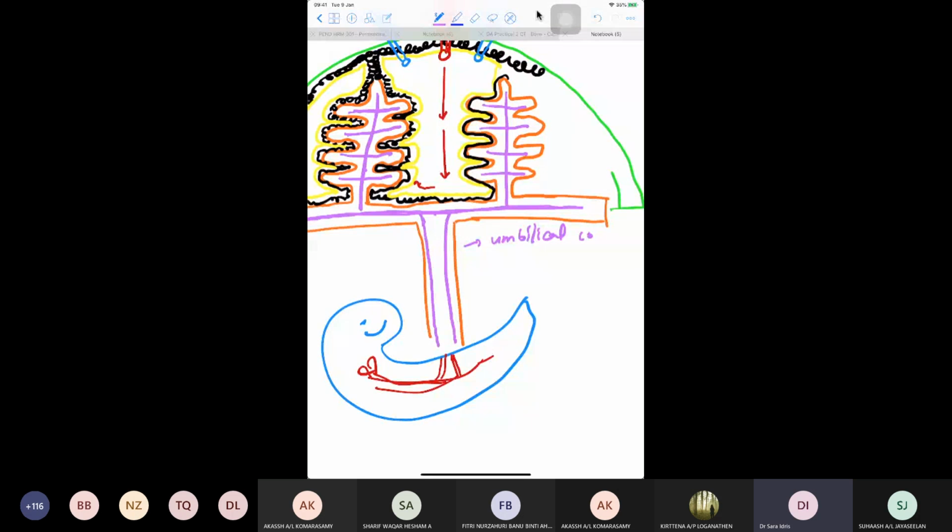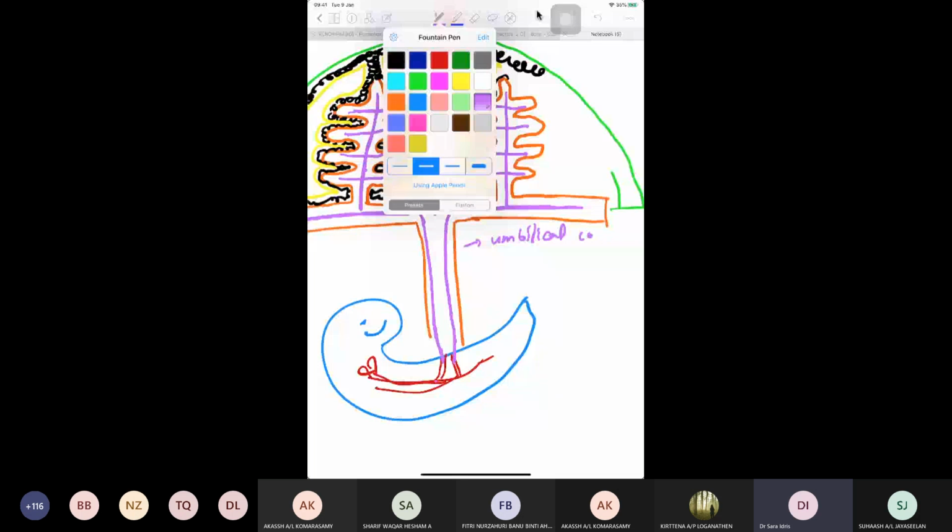And the umbilical artery is going to be connected to the vessels of the baby, the iliac vessels of the fetus. The iliac vessels of the fetus are going to be connected to the umbilical artery, and that's going to bring the blood away from the baby. So deoxygenated blood will come out through the iliac vessels or iliac artery of the baby into the umbilical artery, and then I'm just going to draw